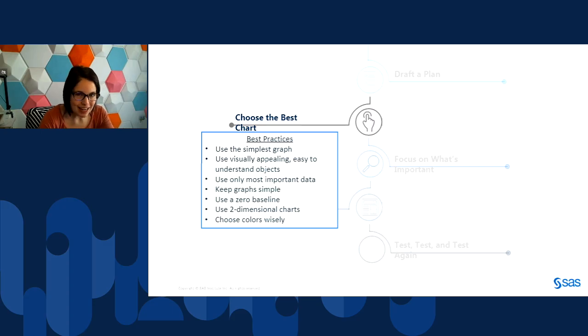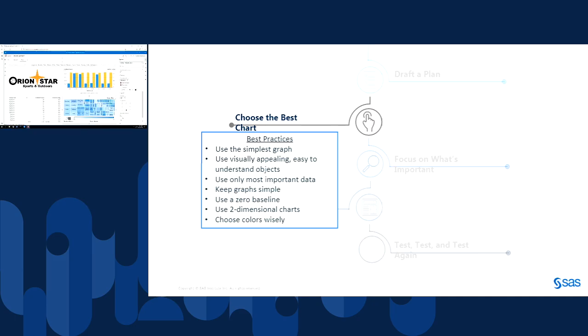So we're going to go in and modify some of the colors that we've used in other charts to make them look a little bit better. So I'm going to go back to my report, which is slowly starting to look a little bit better. And we are going to start on the first tab.